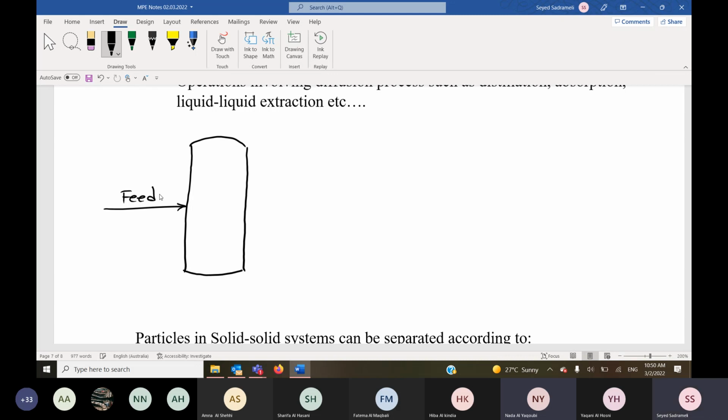The feed is a mixture of some components. So you send it to the distillation column. In the distillation column, we have some trays. It may be by tray or maybe by packed bed. But if you have a tray distillation column, in each tray,